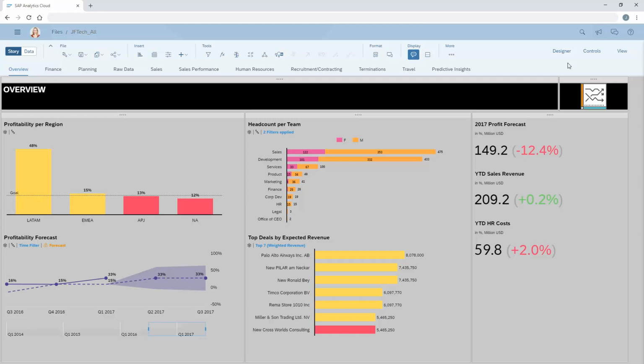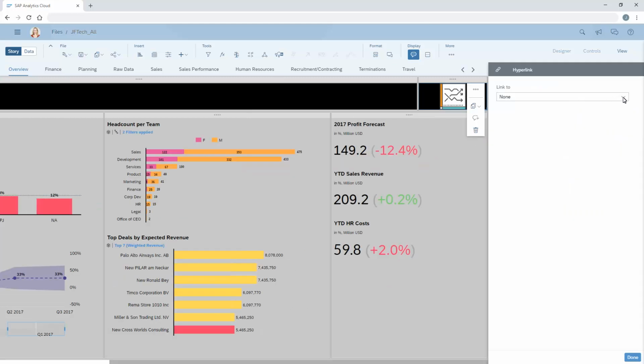We can turn various objects in our stories, such as images and text, into hyperlinks. Options for setting up a hyperlink can be defined in the More Actions menu for the object. Note that we can create a hyperlink that launches a mobile app, where the settings allow us to specify a URL that points to a specific location,